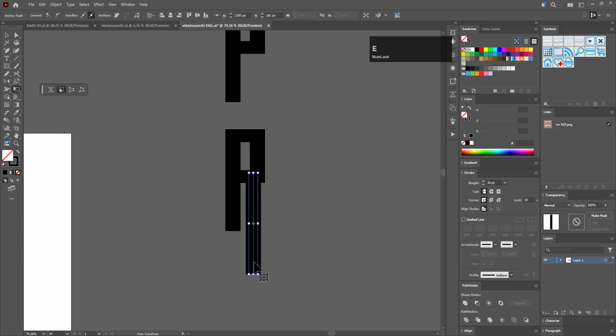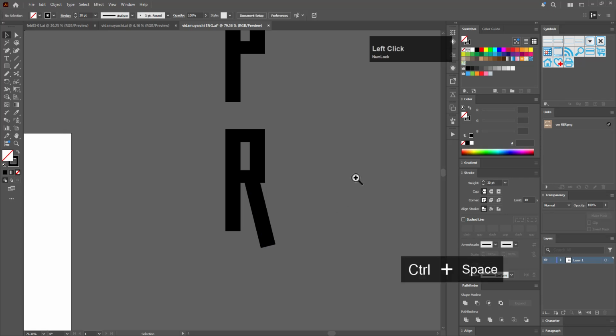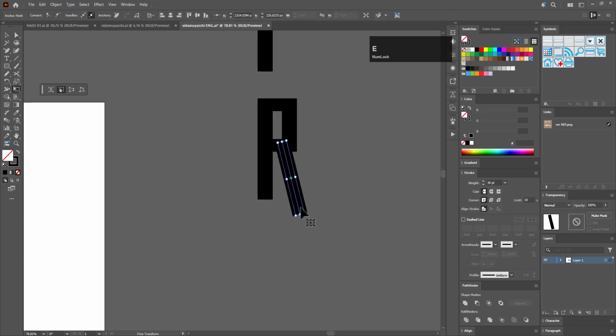Maybe let's first bring this with E, just like that, and then press R and select this point, just try to rotate this way, maybe something like that, and select this and bring it inside a little bit like this. I think we are on the right path, and select this and let's just leave it,